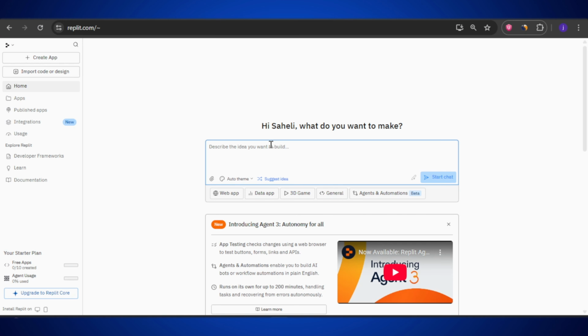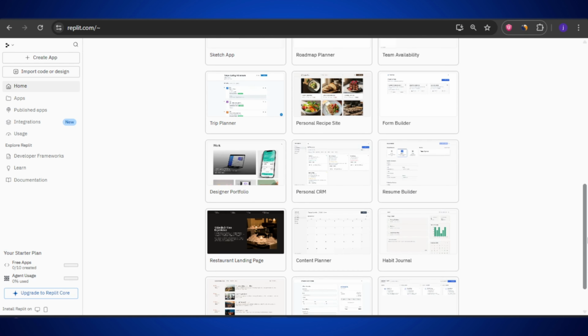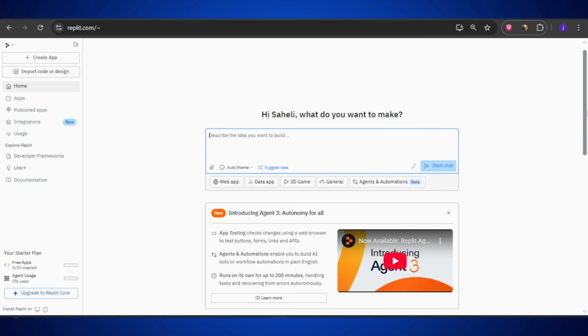Alright, in today's video, we're going to build a complete SaaS web app totally free using Replit. So this right here is the Replit interface. And guess what? They have just launched Replit Agent 3, which is a huge upgrade from their previous version. We will use this new AI-powered agent to create our SaaS app from scratch and see how well it actually performs.